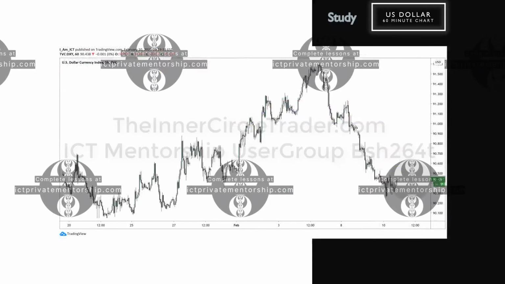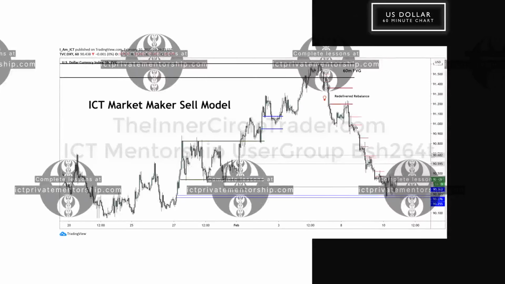All right, 60-minute dollar index. So you have a 60-minute fair value gap in here that you can find on your own chart. That's your homework in here. Market trades up into that, breaks down, sell side imbalance, buy side inefficiency, closes that in, trades lower, redelivered rebalance, we've already covered that, breaks lower, fair value gap, rebalance, fair value gap, consequent encroachment, fair value gap fills inside of the fair value gap that we were aiming for,